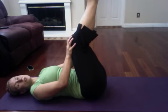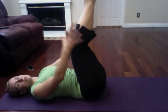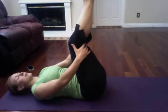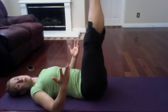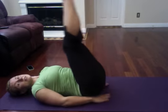So beginners, you can start with your knees bent, or if you just have tight legs, tight hips, just go ahead and keep the knees bent. Those of you that don't feel this enough, you're going to straighten out your legs, okay? You choose, it doesn't matter. Okay, option 1, 2 is to slide your hands